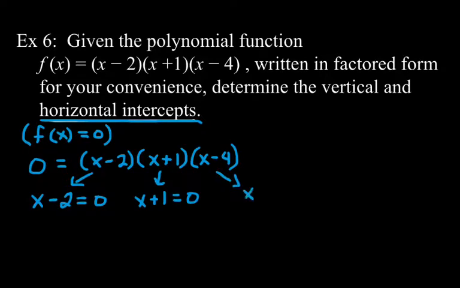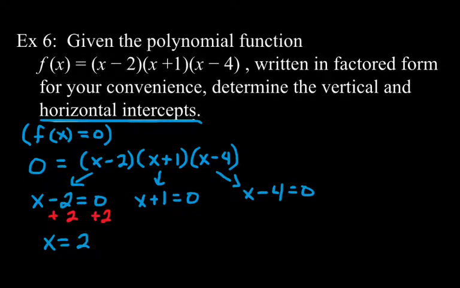And also if x minus 4 equals 0, the entire product will be 0. So then we solve, add 2, and let me go back and use blue. So we get x equals 2,